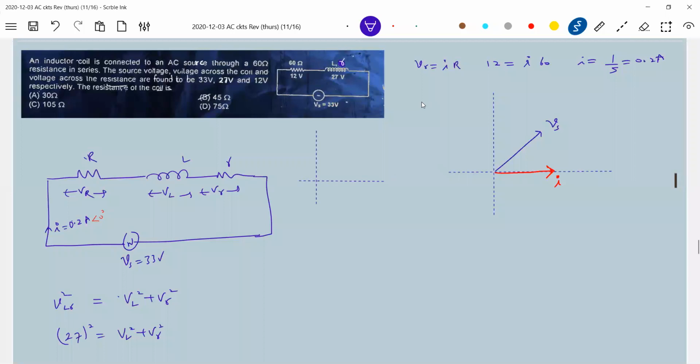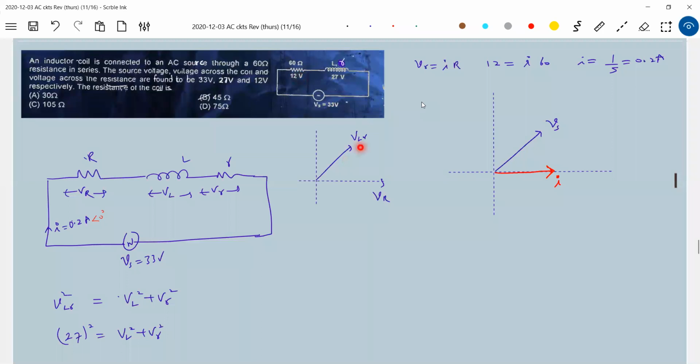Yeah, this will be this drop VR. VR should have the phase of I. And what about the V capital R? Will I agree with this? The angle between VLR and VR. The phase of current should be the phase of the drop across this resistor, capital R. So this is like an RL circuit. There's a current, that current will flow here. So this should be a lag circuit. Even this is also a lag circuit, I'm showing it.